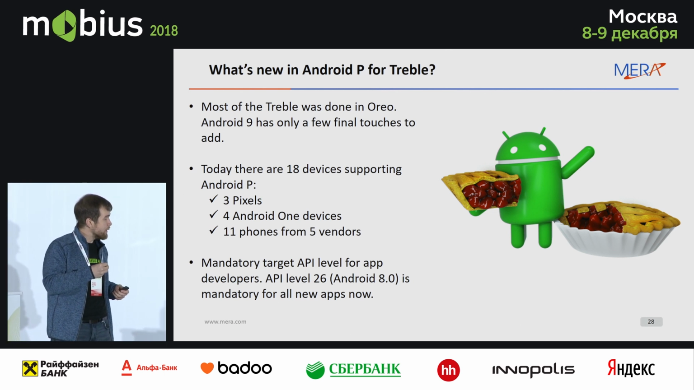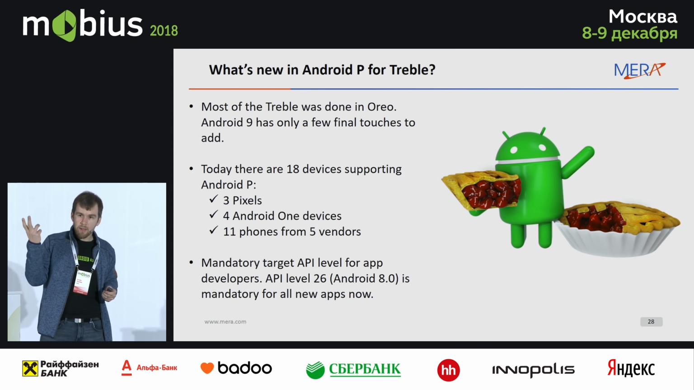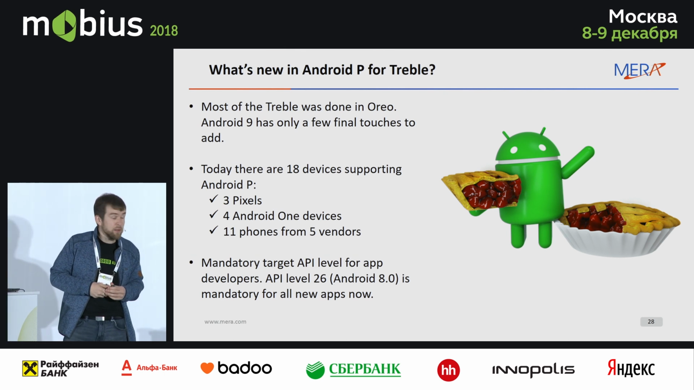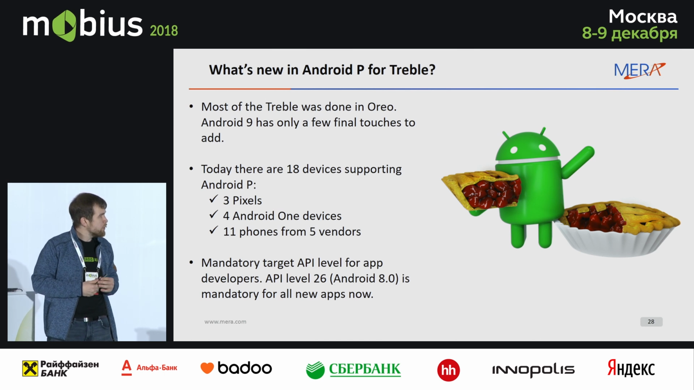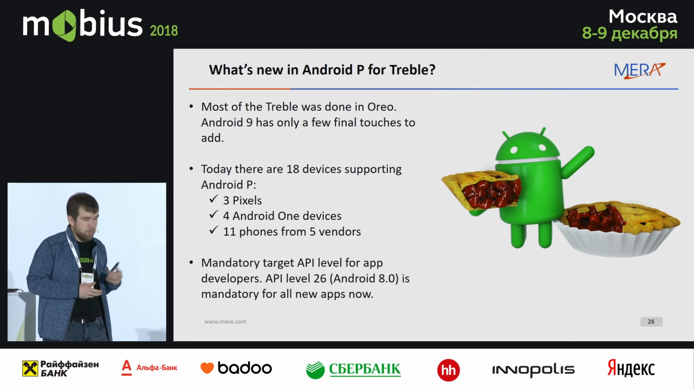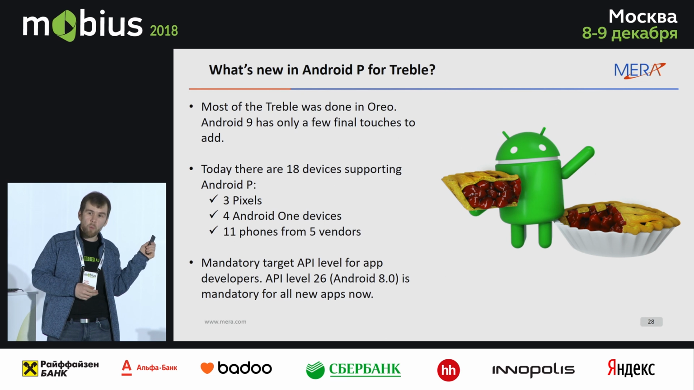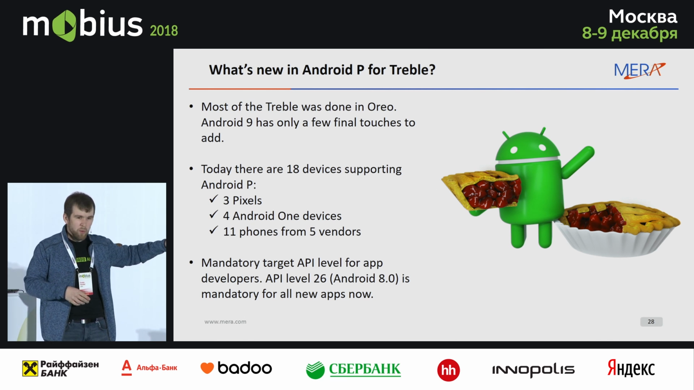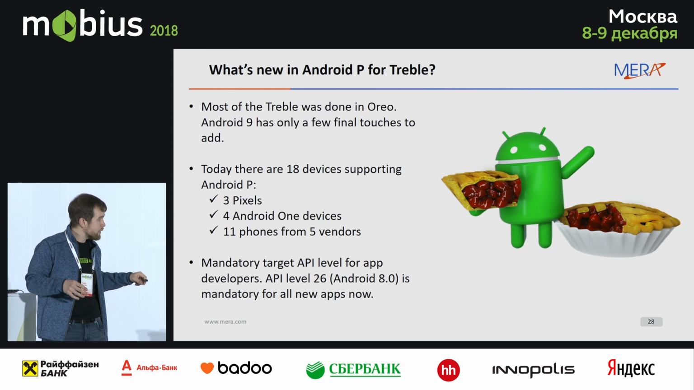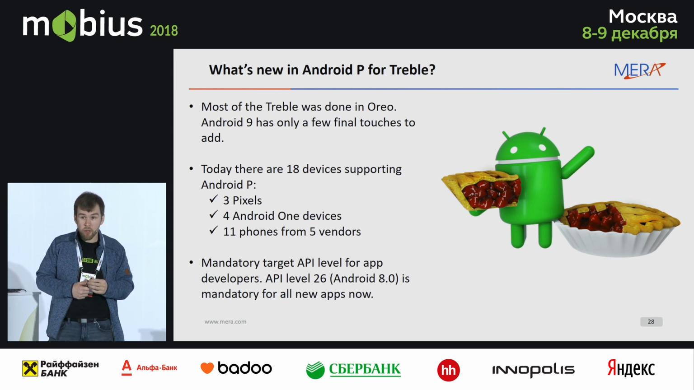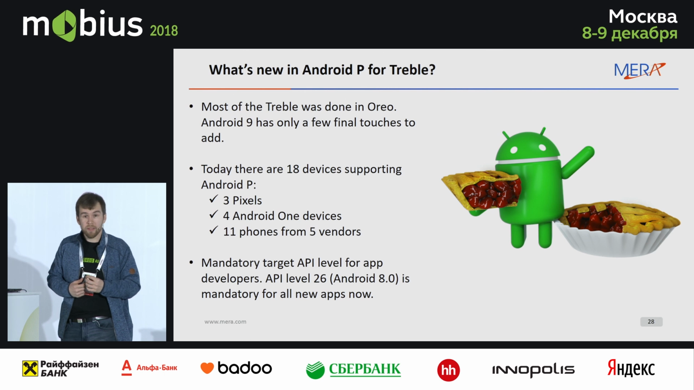And that means that Pie is like the first canary for us. We can see if the idea works. So right now I checked on the internet, maybe I didn't find everything, but basically there are now 18 devices officially upgraded to Android Pie. 3 of them are Pixels, so they don't count. 4 of them are Android One. Android One is a program where Google does the Android for different manufacturers. So it also kind of doesn't count because it's still Google doing all the work. But there are 11 phones from 5 other vendors who actually managed to upgrade to Android Pie,